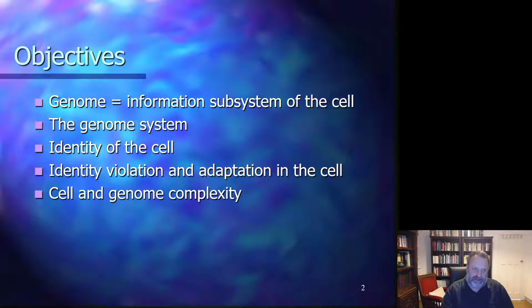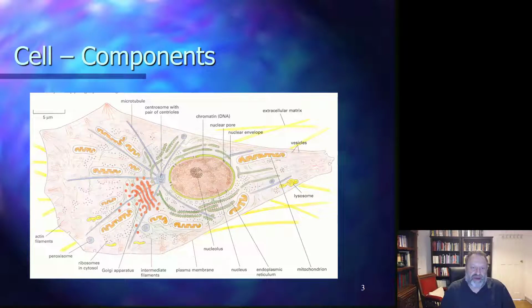So, in this lecture, we will look at the genome, seeing it as the information subsystem of the cell, discuss the genome as a system, how the identity of the cell is defined, and how identity violations and adaptations in the cell happen, how the cell responds to these, and how we interpret the complexity of the cell and of the genome. So, as you may remember, in the previous part of the lecture, we looked at the cells, and